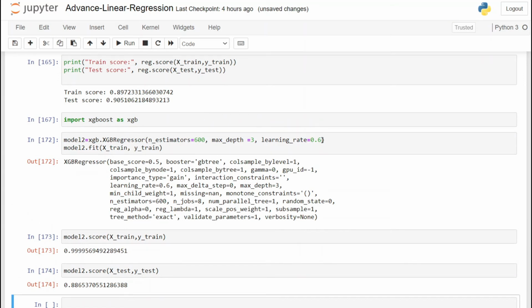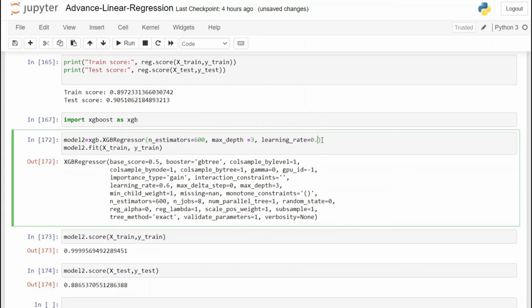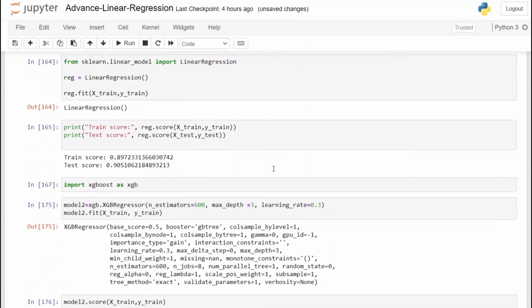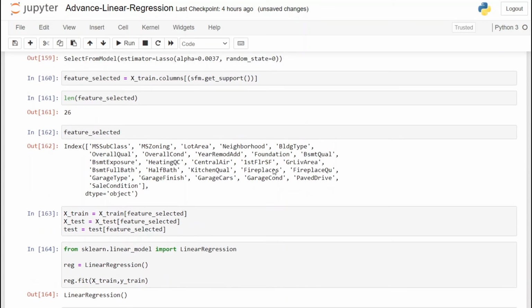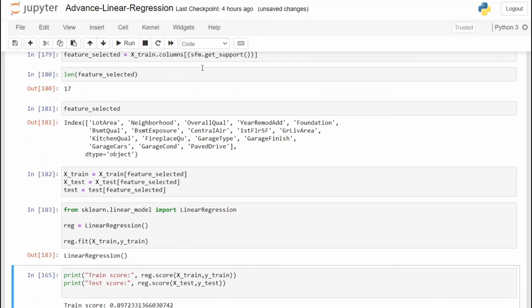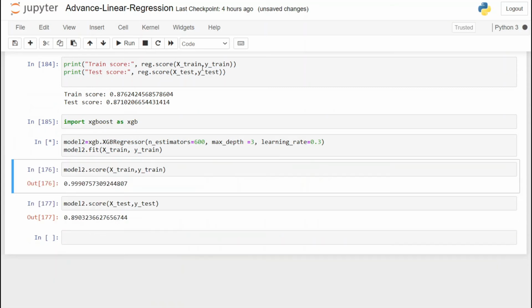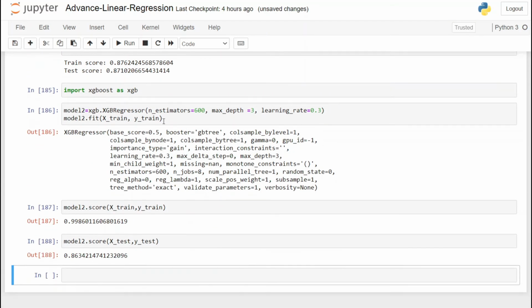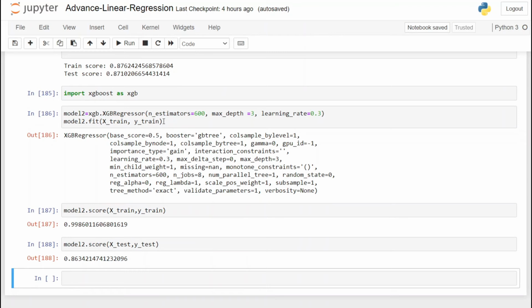Let's try changing learning rate. So now I'm going to reduce it to 0.3. And we can see that R square is increased by 1% point in training set. Now let's see how the change in alpha value of lasso regularization affect the performance of the algorithm. So why I am doing all these things? I want to show you that even after building the model, there are many things we can do, and that is known as hyperparameter tuning. So now you can see that the performance of the model has decreased by 3%.